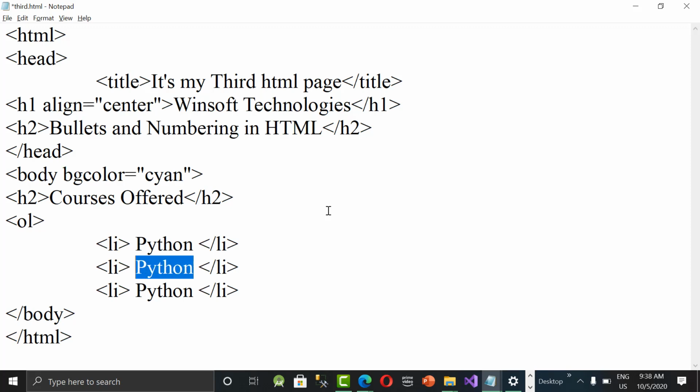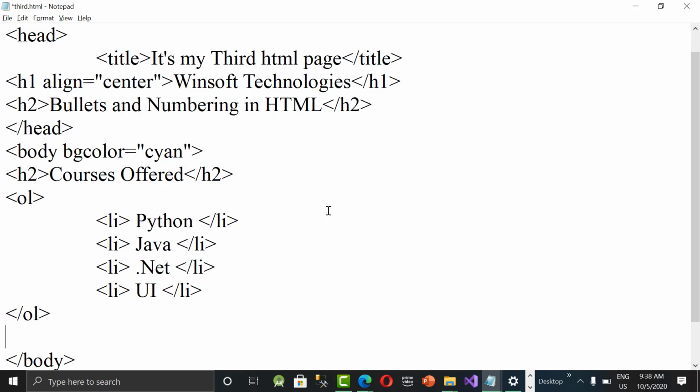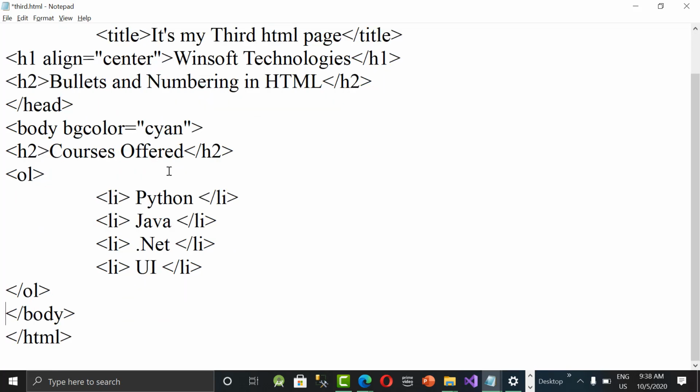Python, Java, something like .NET, something like UI. Okay, so now I need to close it. So /ol, done. So what is the type of numbering given by HTML by default? It will give you 1, 2, 3, 4. So Python will be 1 and this will be 2, 3 and 4. Got it? Yeah, save it and check it out.